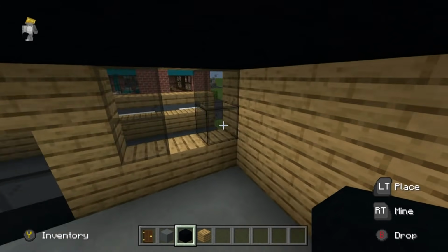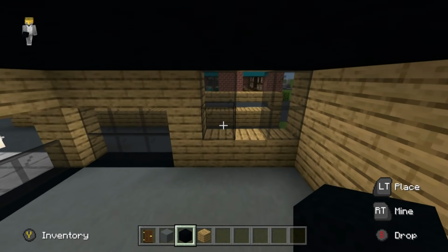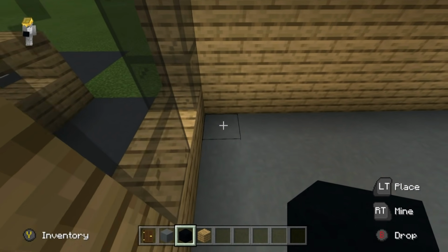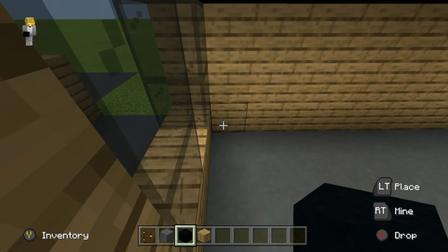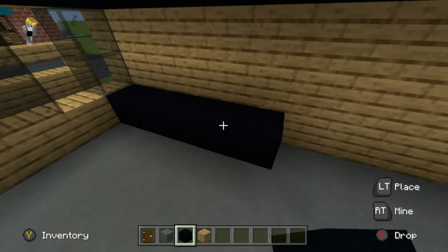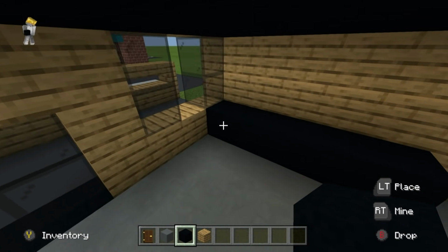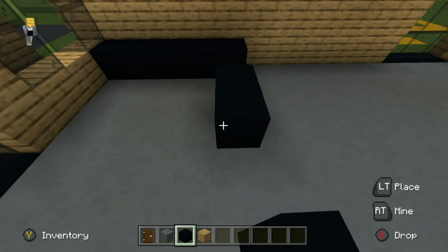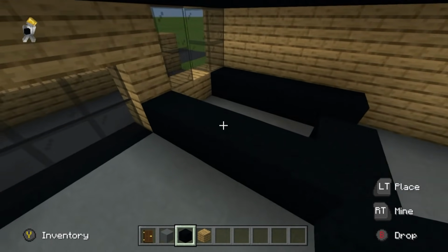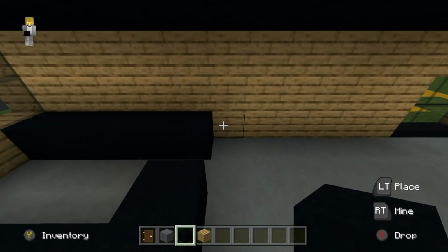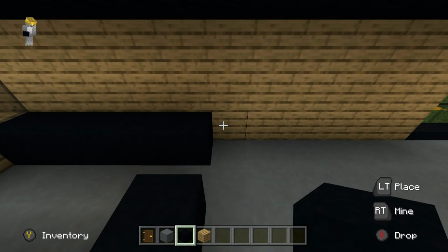So this is a drive-through window. It doesn't have to be. You can actually seal this up if you want, or turn it into a window if you don't like it. But I'm going to have a row of 5, 1, 2, 3, 4, 5 black concrete extending across from this corner. Gap of 1, 1, 2 black concrete, join it back to the window. Perfect. Along this back wall here, I'm going to leave a gap of 1 between this black concrete here, and